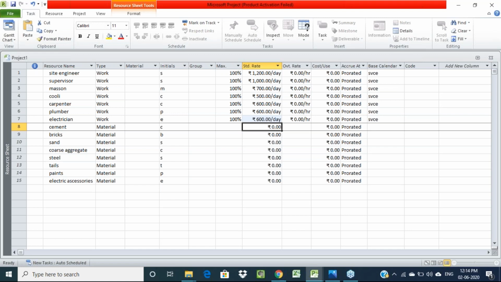For cement also we have to provide a rate. If you are bringing cement in terms of bags, we have to provide the per bag cost. Along with that, you have to represent that unit also. Here we are going to get cement in terms of bags, so we have to represent bags. Per bag it is approximately 350 rupees. We have to enter it like this. And bricks in terms of numbers or loads, so in whichever unit you are using, based on that we have to provide the cost. I'm using numbers here.